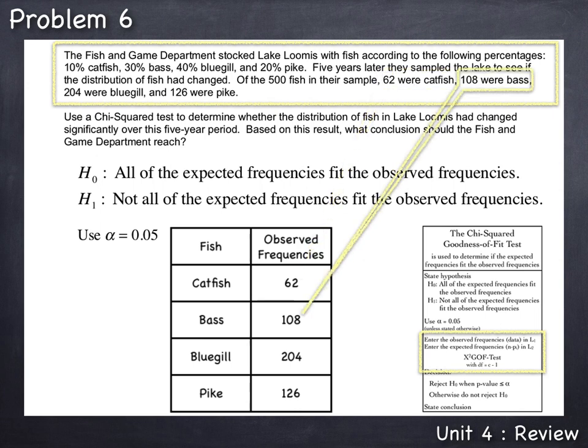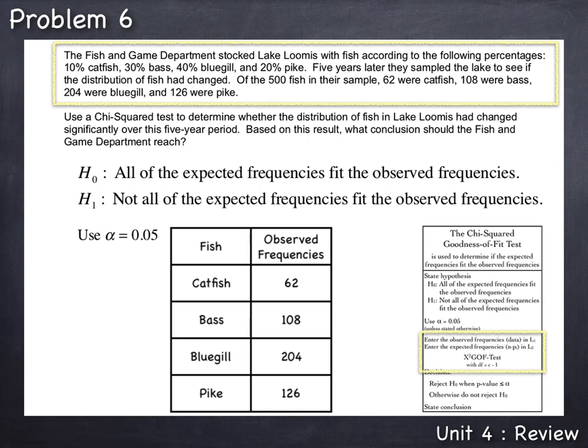And 108 were bass. So the observed frequency for bass was 108. The observed frequency of bluegill was the 204 bluegills that were caught in this sample. And finally for pike, there were 126 pike observed in this sample. So now that we have our observed frequencies, the actual sample data,